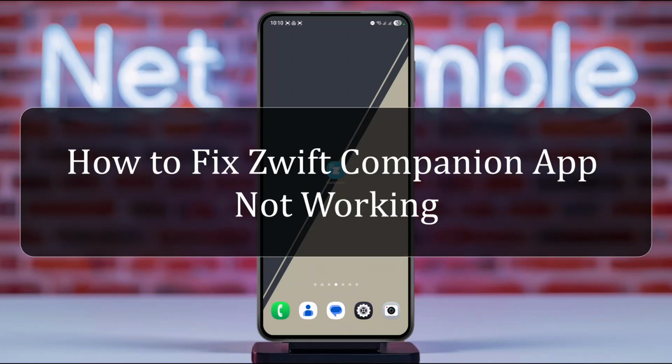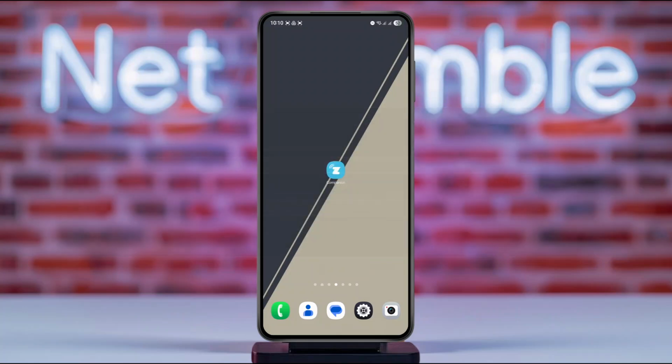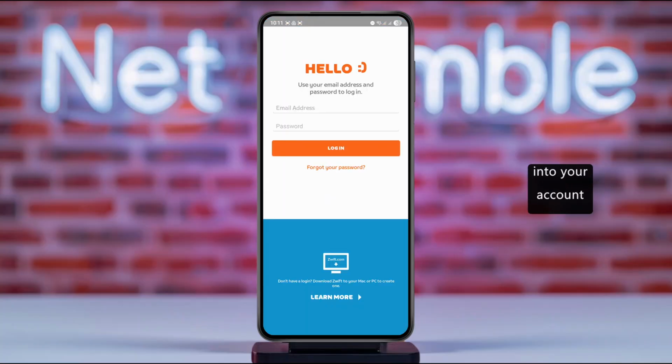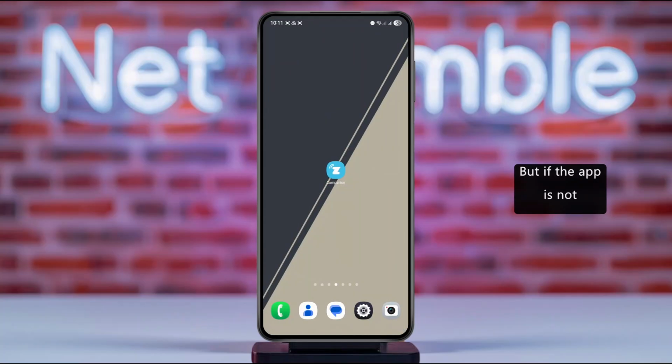How to fix the Zwift Companion app not working. Hello everyone, in this tutorial we're going to talk about how you can fix if your Zwift Companion app is not working. So in this case what you do is first open up the app and try to log into your account. But if the app is not working, in that case you can try to go ahead and open